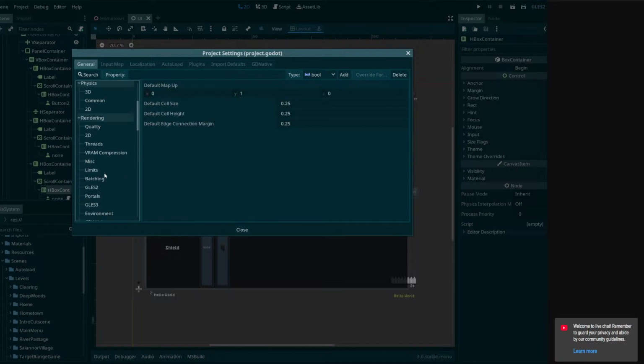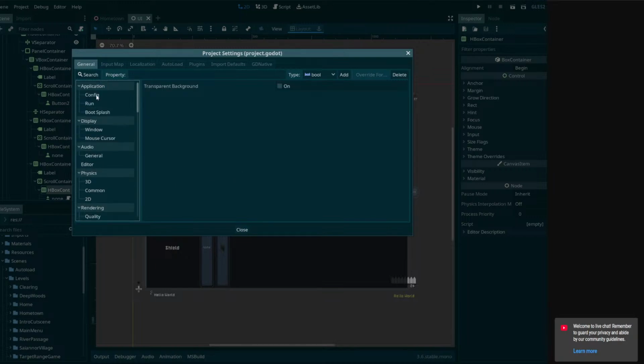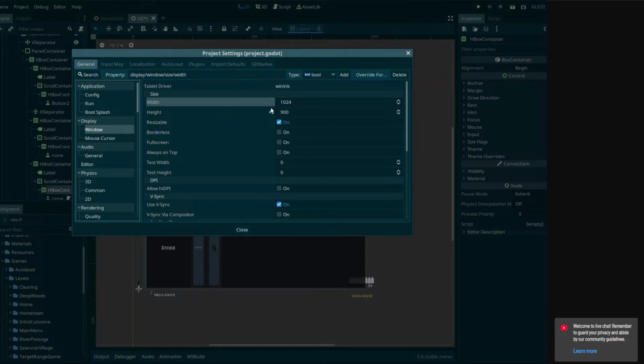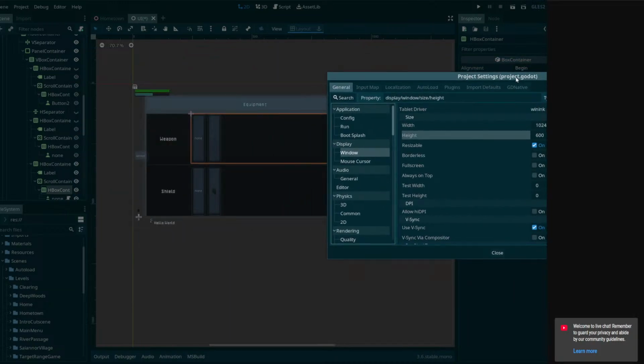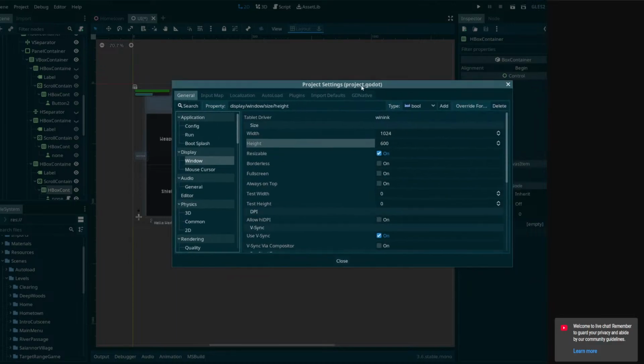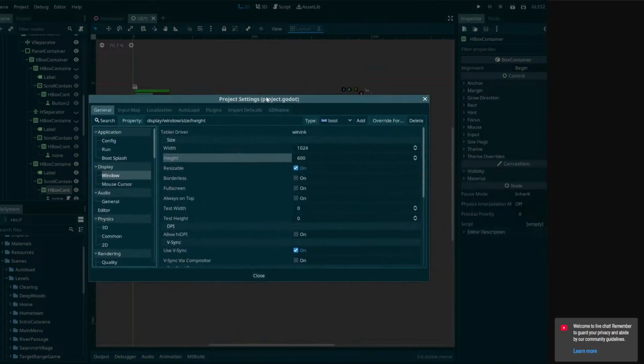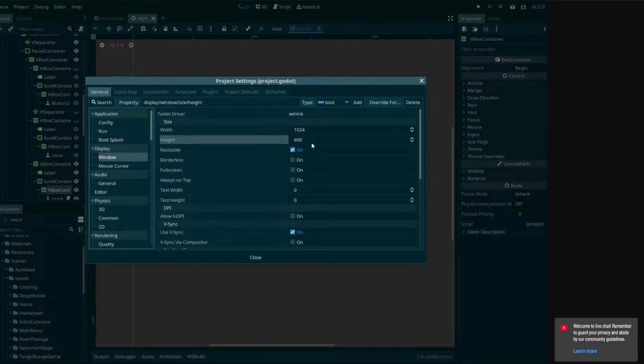Dang it, I forgot how to do that. Rendering, viewport, nope. Oh, here it is. I'm just gonna set it to the default resolution, which is 1024 by 600. Kind of weird, I think. I think it's a weird default resolution, but we'll deal with it. I'll just assume it'll be the default